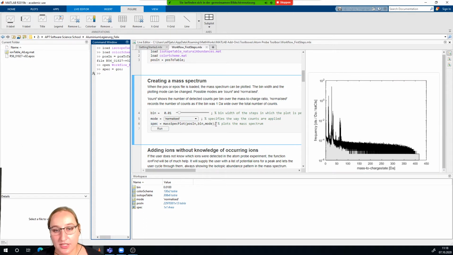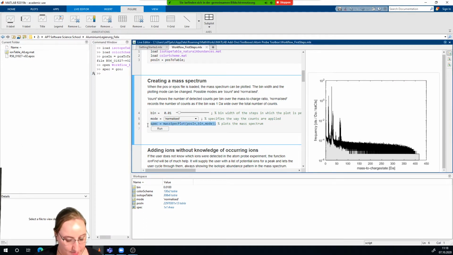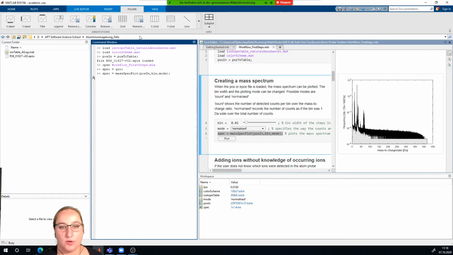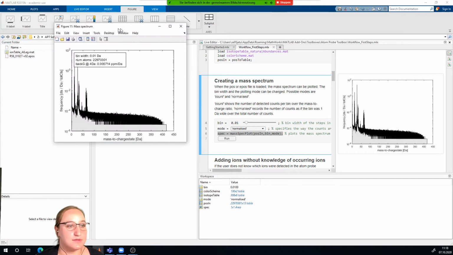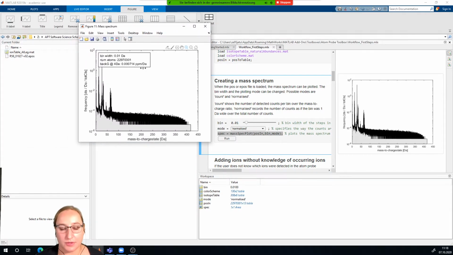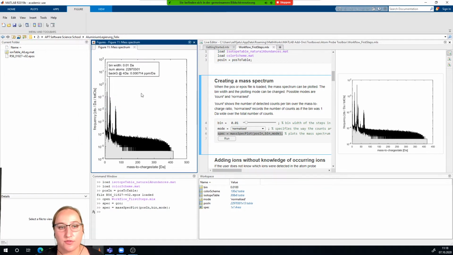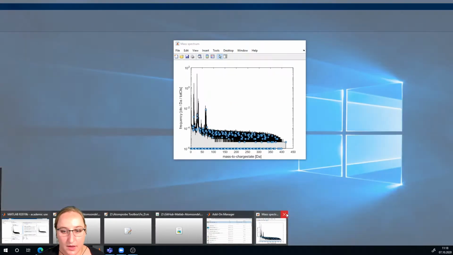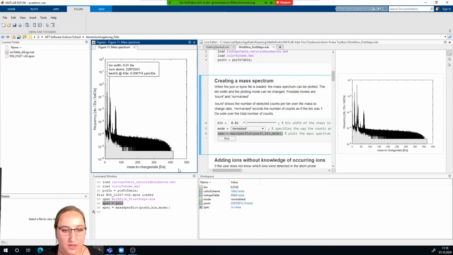You can also just copy this line, because you can see all of the variables are created also in your workspace, and then give this line here and it's open. It's up to you how you want to do it, but here you don't need to write mass spec in this line, for example. It's up to you how to do it. Okay, so